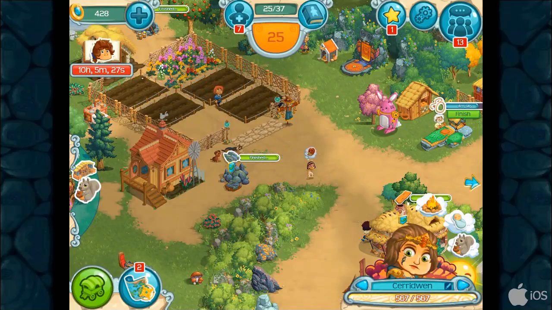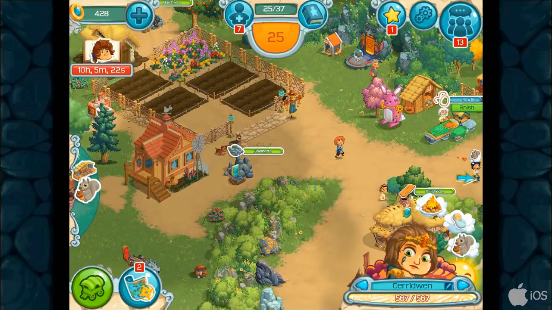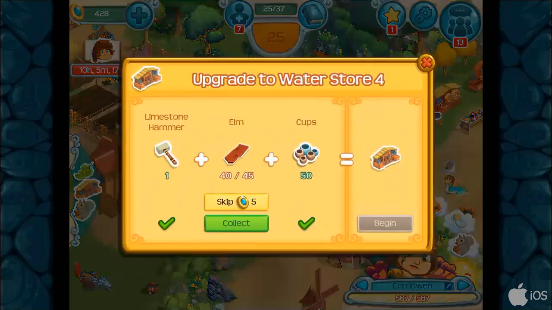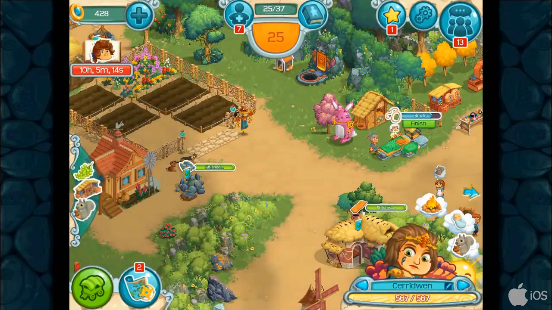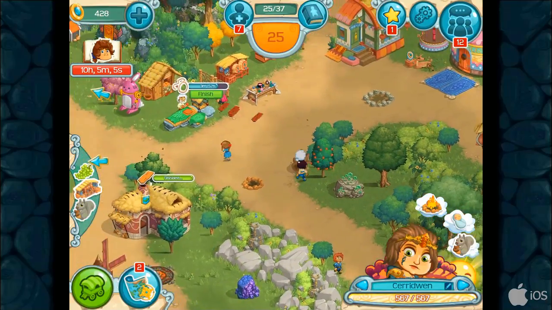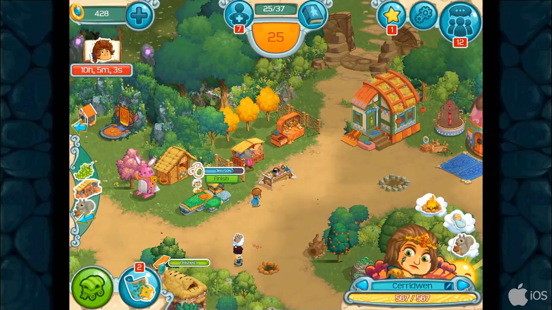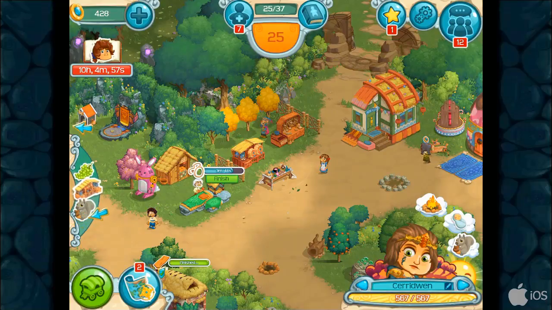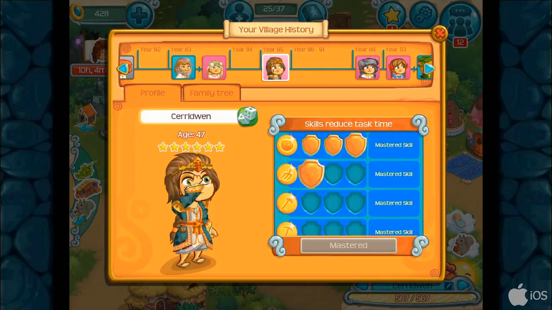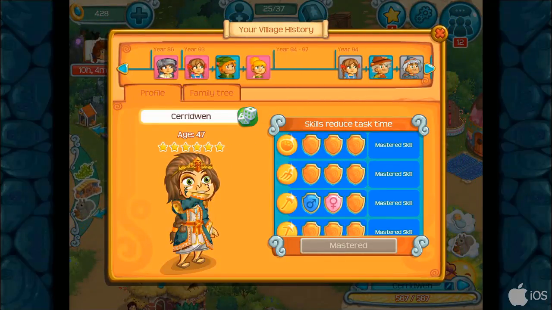Let's see here. Well, Caradwin wants a kid, but we also need to start creating the water storage. Do we actually have enough? We should have enough elm when we collect this to... Yes, we should have enough elm now to collect it. But one thing is that I want to be sure... Okay, I'm just gonna check something, because I have to be sure of who is...